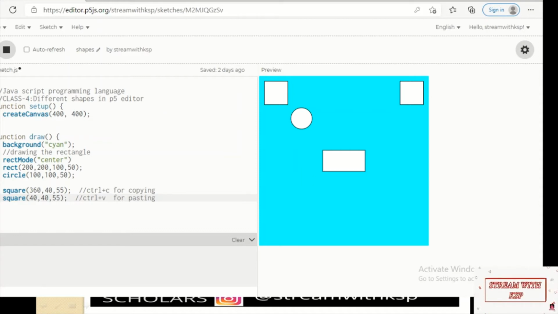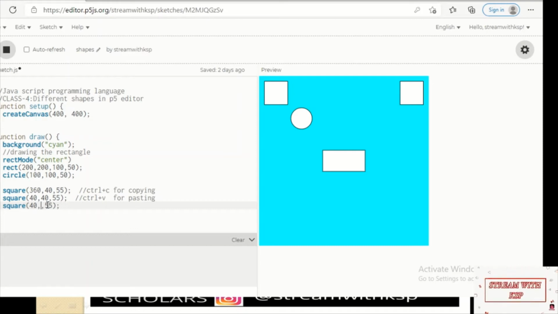Now I want to create the same square in the bottom left corner. Then again I need to copy this instruction and I am going to paste it in the next line. Yes. Now you can also think along with me. I need to bring this square down. If I want to bring this square down, I need to increase the second number.